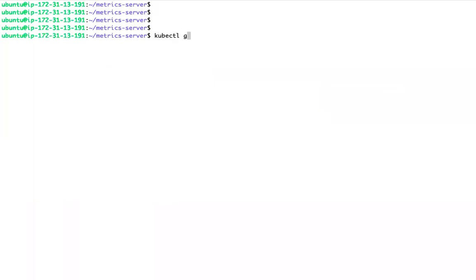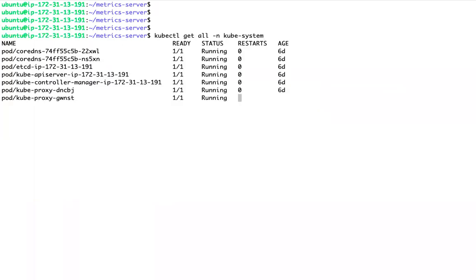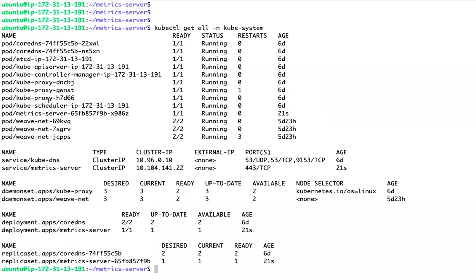Now if you see in the Kubernetes system namespace, do you see the metric server pod is running, which we deployed just now, 21 seconds ago?